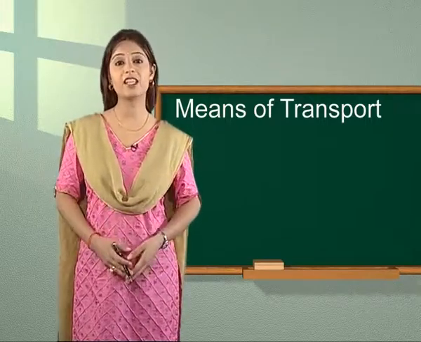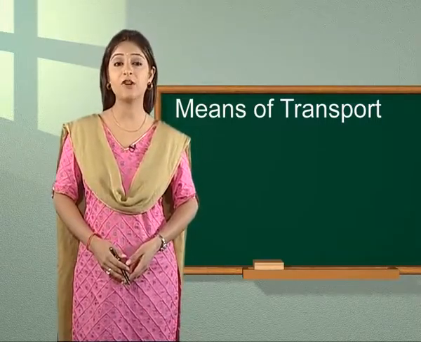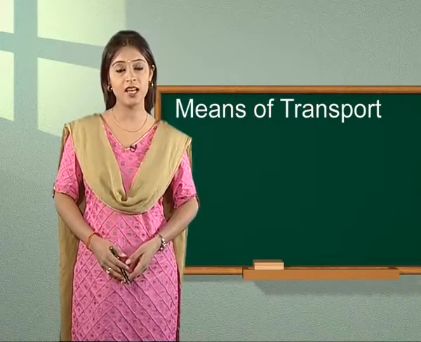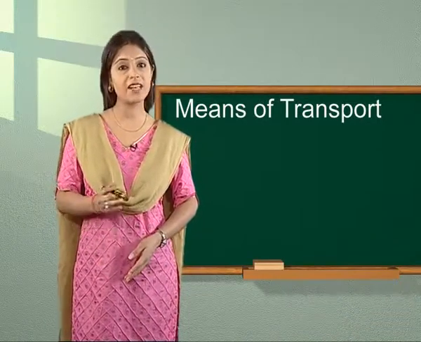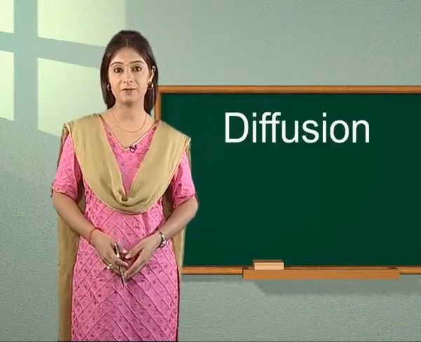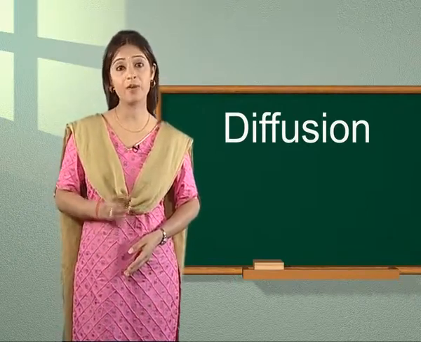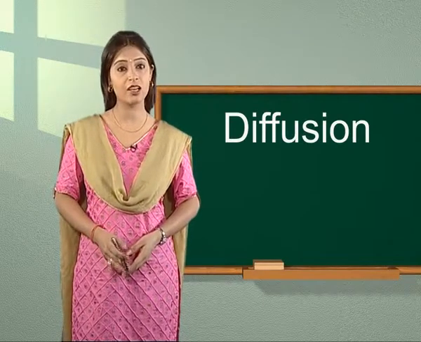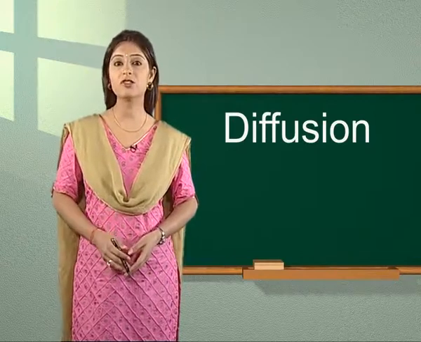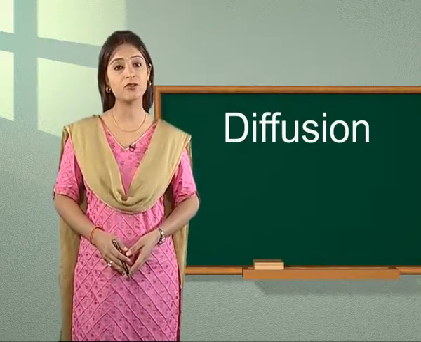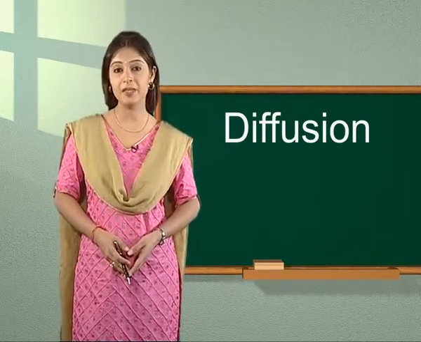To understand the transport mechanism of water in plants, we need to have the knowledge of some basic processes involved like diffusion, active transport, etc. So let us first discuss diffusion. Diffusion is the process in which particles move from an area with high concentration to areas where their concentration is low. For diffusion to take place, the medium needs to allow the particle to move. This is called a permeable medium.